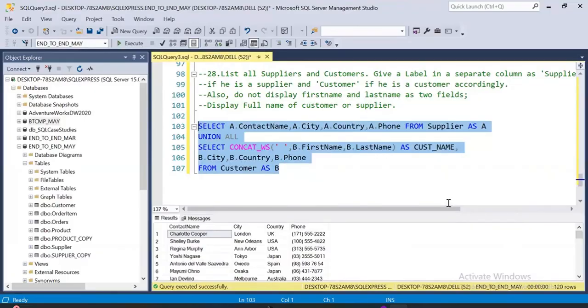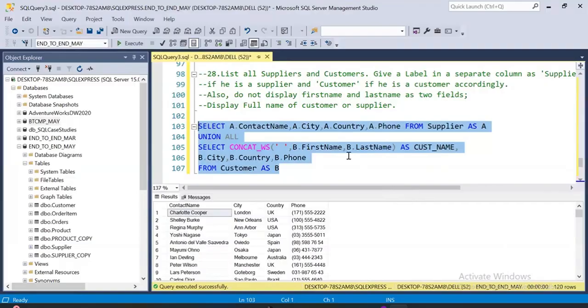Okay. I have 20 rows now. What I need to do? How will I identify which one is a customer and which one is a supplier? क्या कॉन्सेप्ट यूज कर सकता हूं मैं? मैच कैसे कराएंगे वही तो पूछ रहा हूँ. मेरे को एक कॉलम एक्स्ट्रा ऐड करना है ना, और वो भी कॉलम किसी टेबल में एग्जिस्ट नहीं करता है,